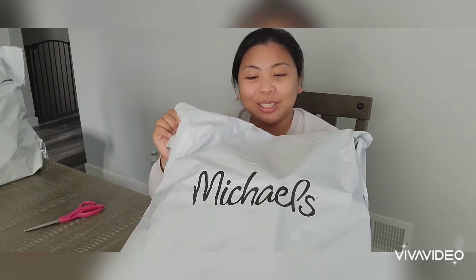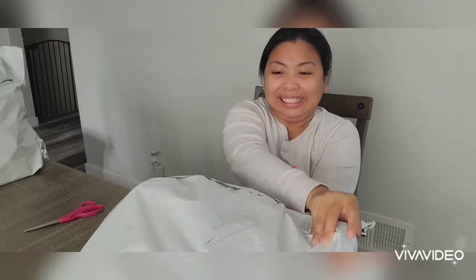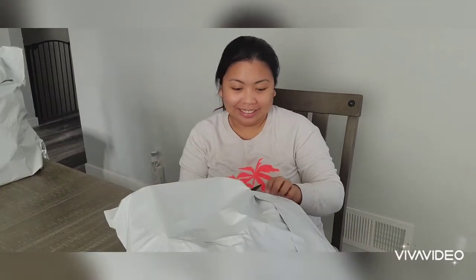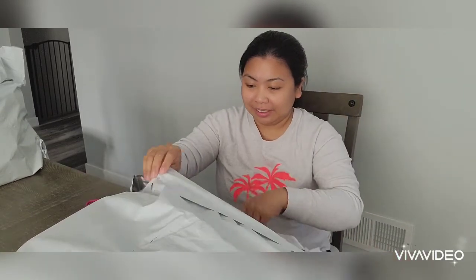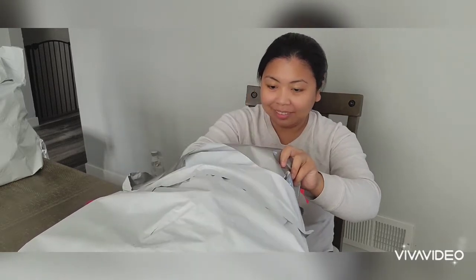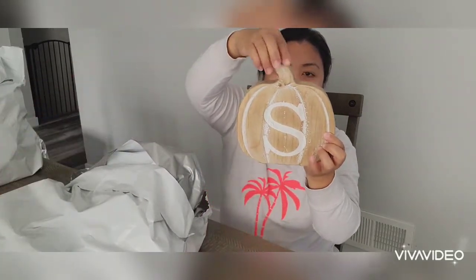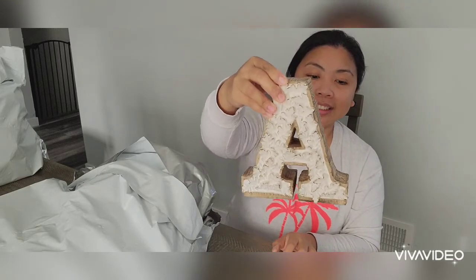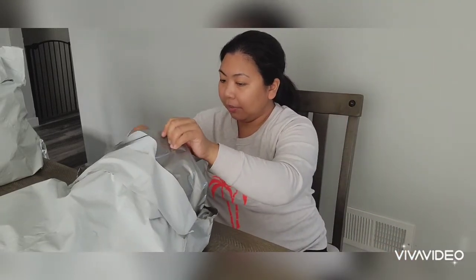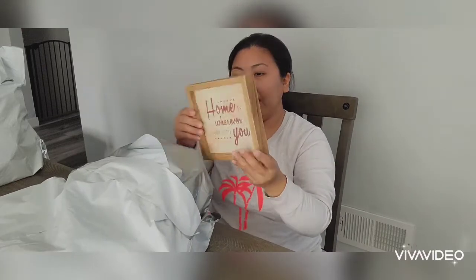And now we are going to do the second bag, and this is a little heavy, so hopefully we get good items as well. So we got a letter S. It's a decor. And then a letter A. And we have a letter K. And then we have a letter,